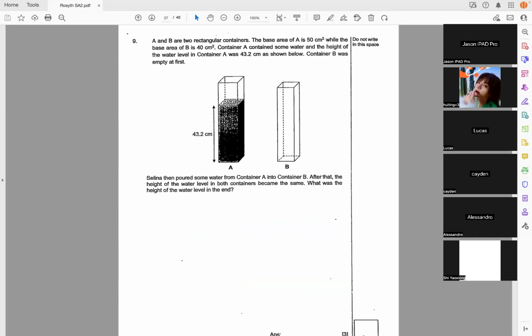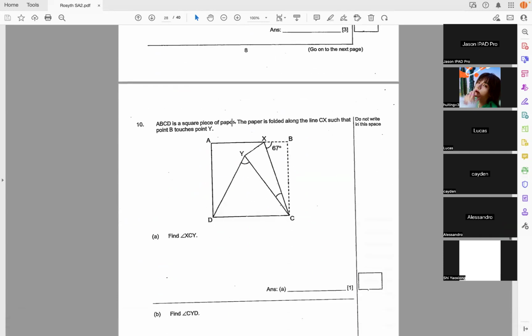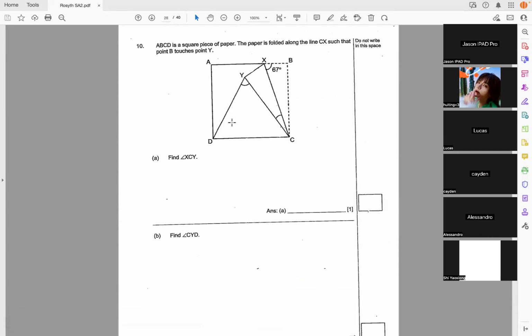Question number 10. Okay, this is folding. This question is good because you know why? They draw the dotted line for you. A lot of time the dotted line is not drawn, and you have to draw it yourself. Okay, so what this question tells you is that in a folding question, you must always unfold. But for this question, they already unfolded for you. You must always unfold. And the reason why you unfold it is because